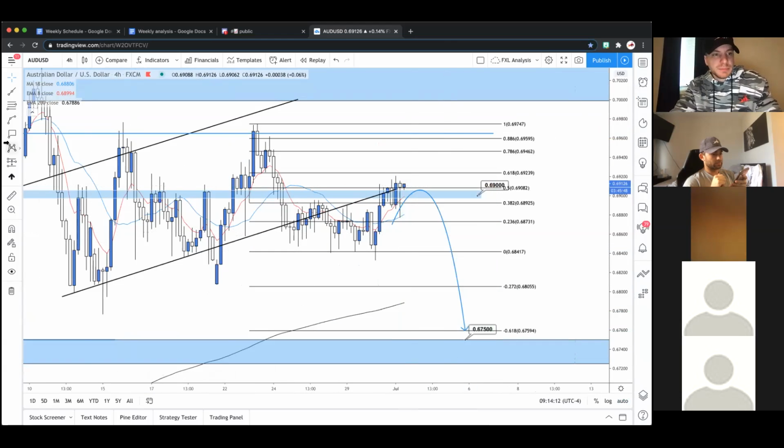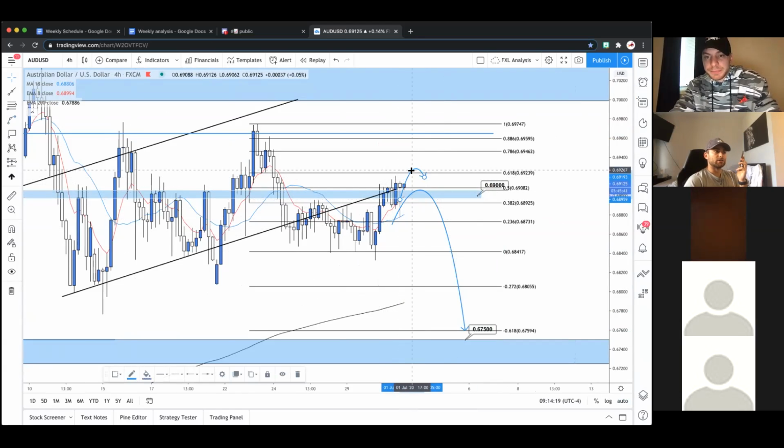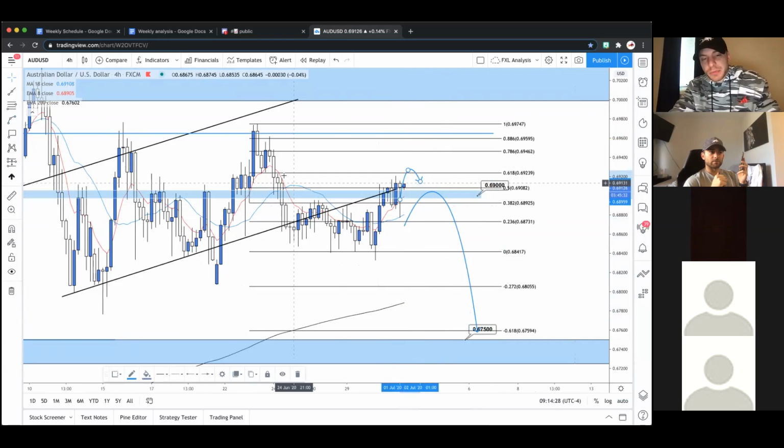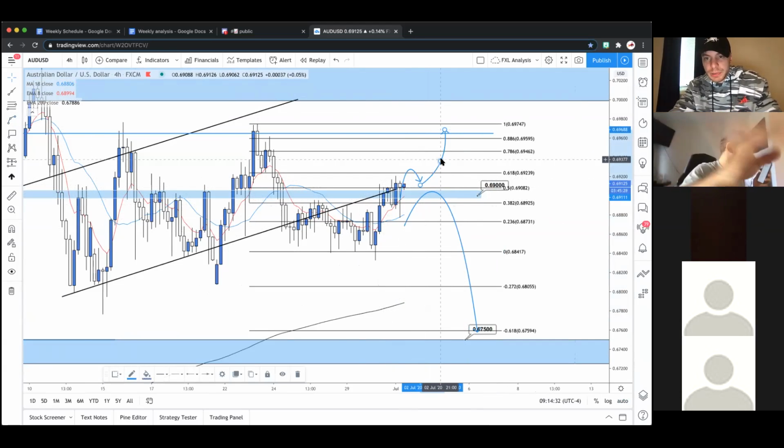Let's get rid of that. What needs to happen for us to go long? It's already kind of breaking, which is good. So let me just draw this in, like this. I want to see more of a significant close and then a retest, because like this, it's right at that level. You want something a little more confirmed, and then you could make a play higher. But again, there's a lot of resistance up here.